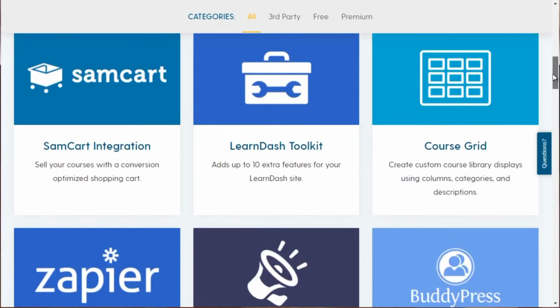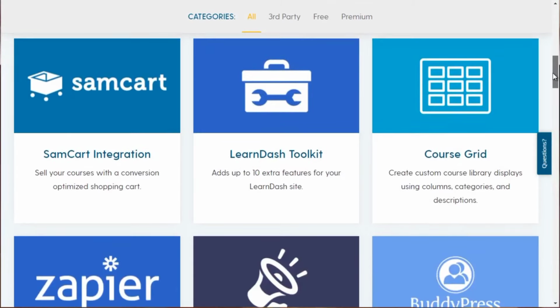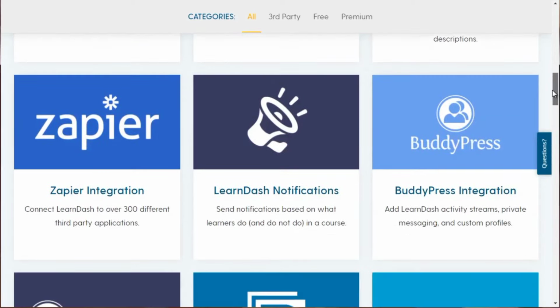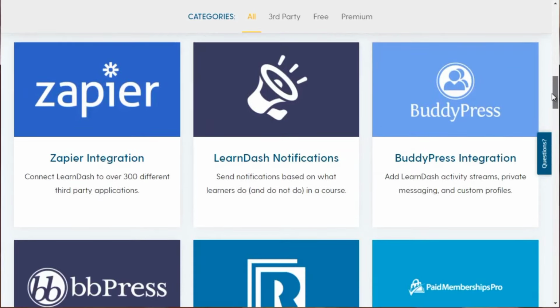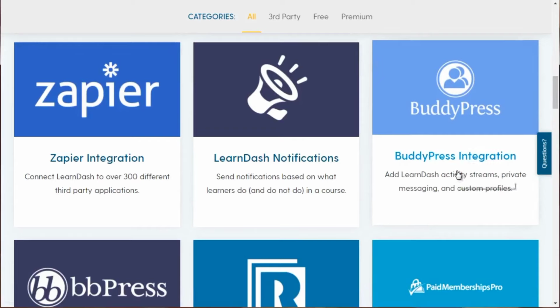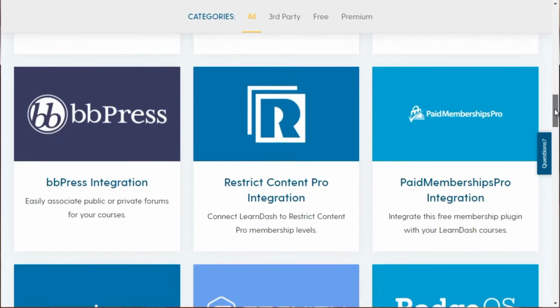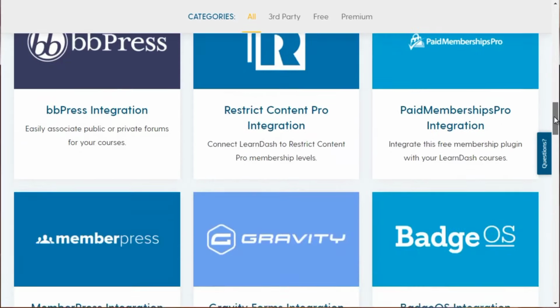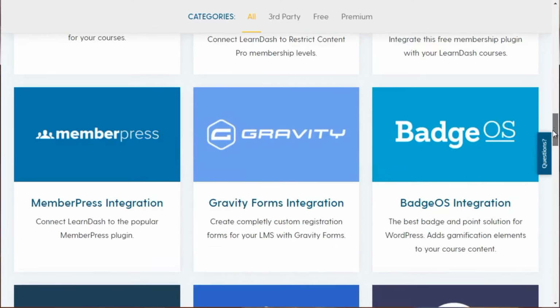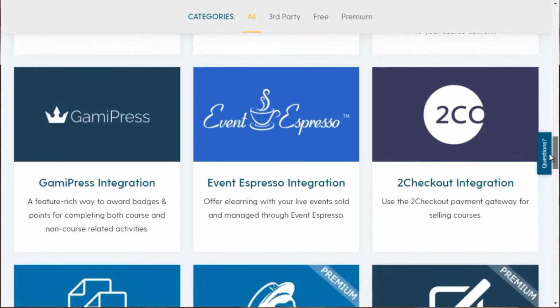You can do a course grid, which makes your courses look nice. You can integrate it into BuddyPress, which makes it kind of like a Facebook atmosphere. You've got LearnDash notifications. You've got bbPress, which is private forums. It also integrates into a lot of membership WordPress plugins.